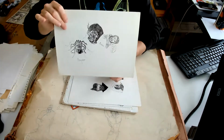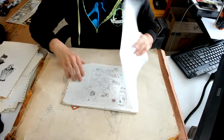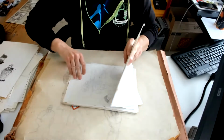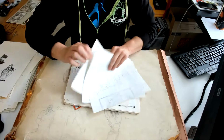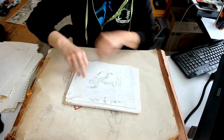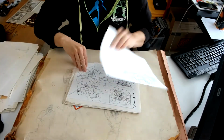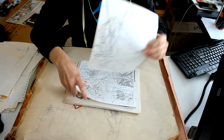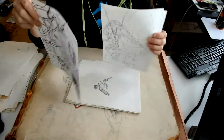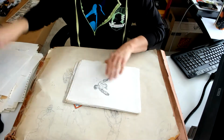Here's some Nightbreed heads. Yeah, I would just waste paper. All right, this is all Pluto. A phone bill. There's a phone bill in here. Why not? That's a kind of interesting looking monster. Venom. I was experimenting with layouts and redoing them a few times. That's good, and actually you can see that it got a bit better from the beginning to the end. Still not amazing and still overly influenced by Image stuff, but...